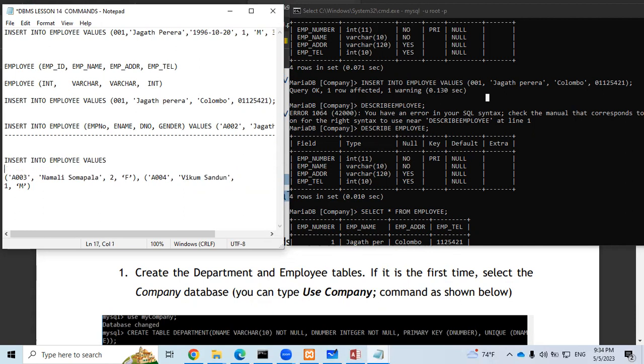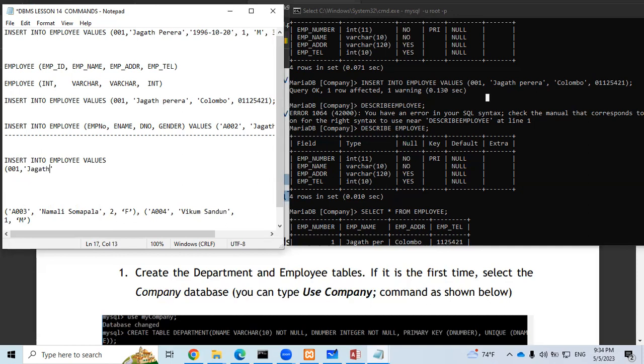How to do so? Let's see. So first what you have to do is insert into employee values. The same thing goes like that, and then open a bracket, then insert the values which you need to insert, like this first record, and then the name of the person, Jagat. Like this, and again inserting the address,